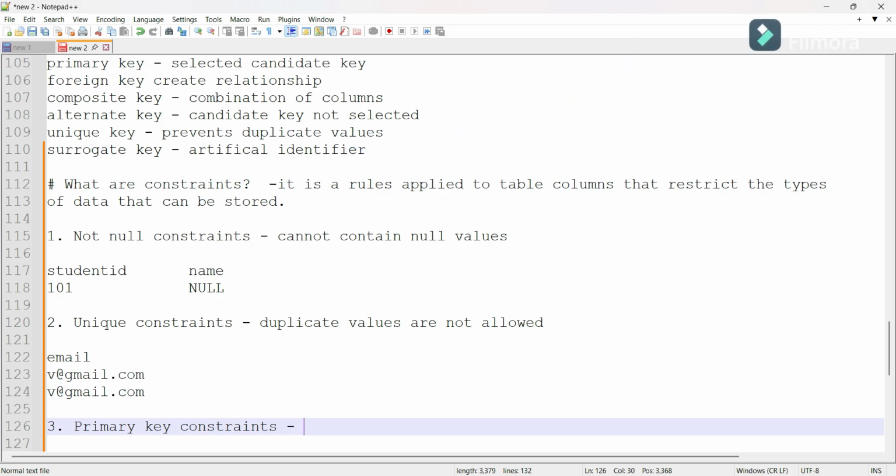Then what is the difference? In one table we can declare only one column as a primary key, whereas if we want to declare multiple unique columns, then we need to use the unique key. A primary key cannot store null values, whereas a unique key can store one null value. And there is one primary key per table, whereas there can be more than one unique key per table.